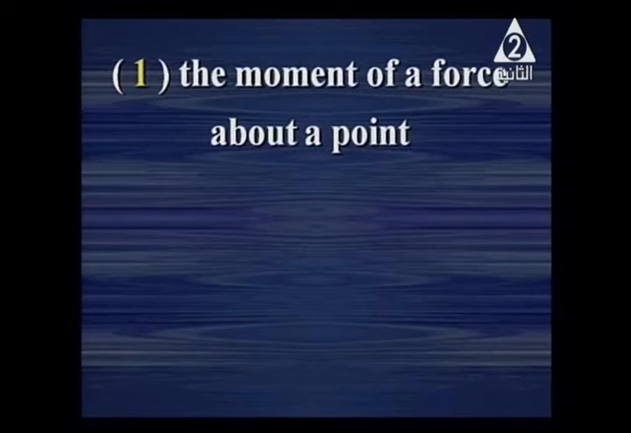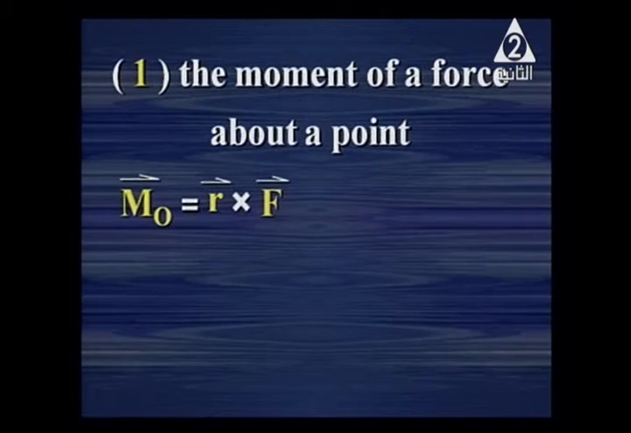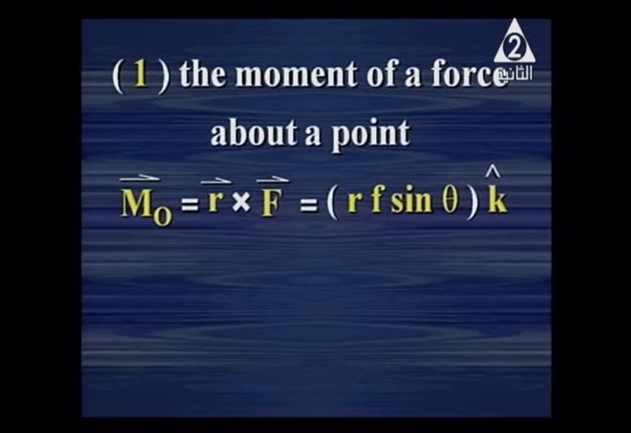The moment of force about a point equals R cross F. What is R? Excellent, student. R means the position vector of point A. What is F? Yes, force direction. In this case,